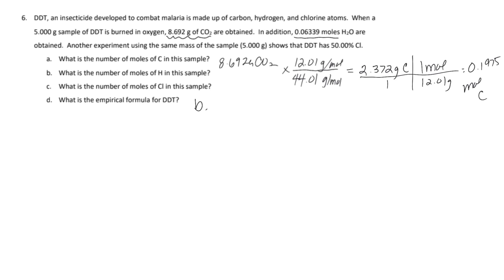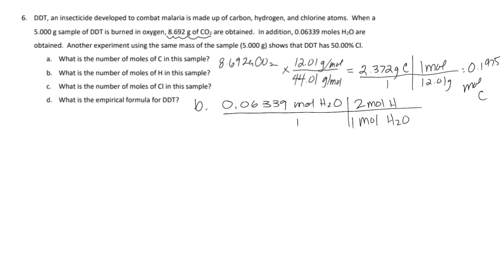Well, it tells us how many moles of water I have. I can convert to grams of water and then do a percent composition, but that would be a little bit too much work. I do know that I have 2 moles of hydrogen per 1 mole of water. I have that ratio, so I can convert the 0.06339 moles of water, and I can very easily get moles of hydrogen because 1 mole of water contains 2 moles of hydrogen. So I get 0.1268